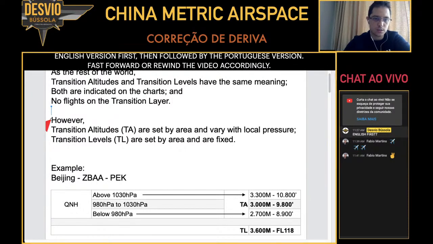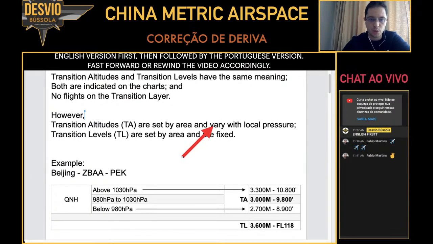Transition altitudes, TAs, are set by area, that's common, but the transition altitude varies with local pressure, and that I will show you below here. For example, we have Beijing, ZBAA, PEK, the IATA code. So what's the standard transition altitude in Beijing? It is 3,000 meters, which, if you come again to this table,